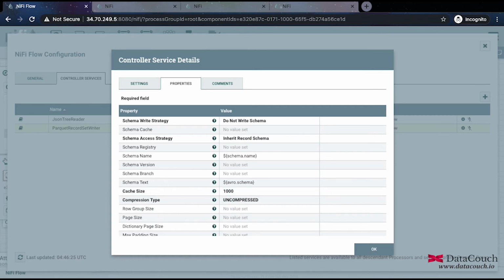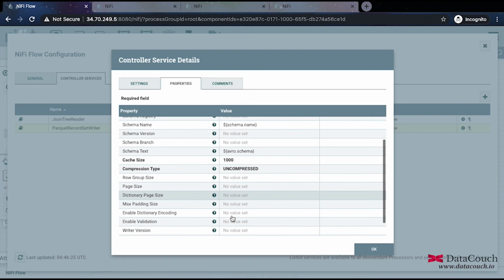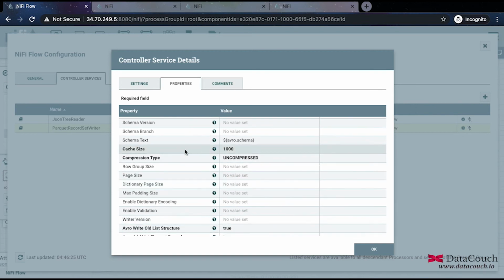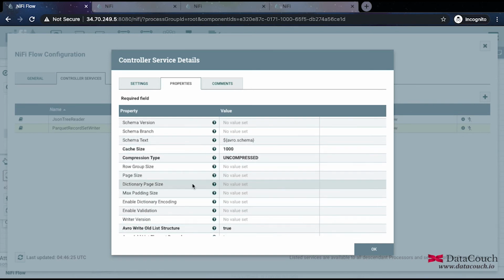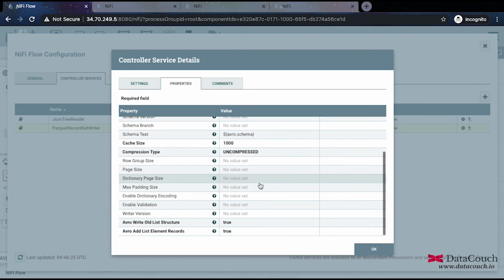So not changing any settings related to Parquet. Actually, this is all related to Parquet internals. I would suggest reading the internals of Parquet to understand what is dictionary size, because this particular thing is used for performing dictionary encoding in Parquet. If you don't have sufficient dictionary size, then what will happen? Basically, the dictionary encoding, the Parquet optimization will not work as expected. So that's what you need to see.